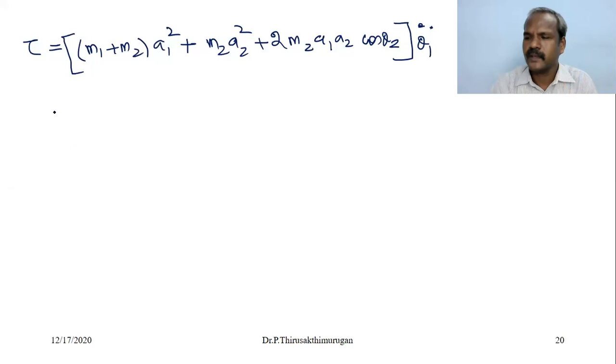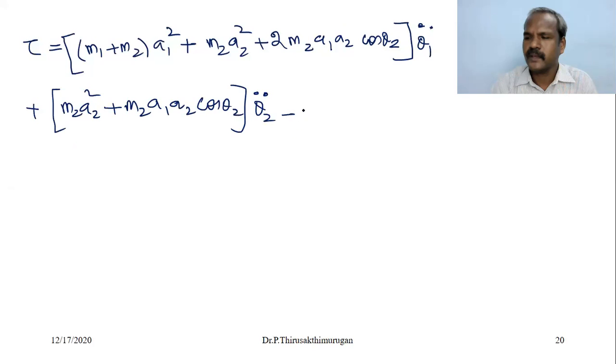Clear? Plus m2 a2 square plus m2 a1 a2 cos theta 2, theta 2 double dot,